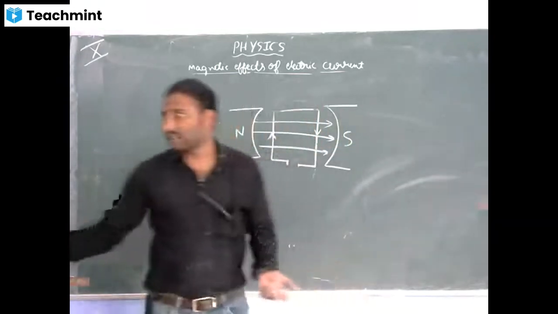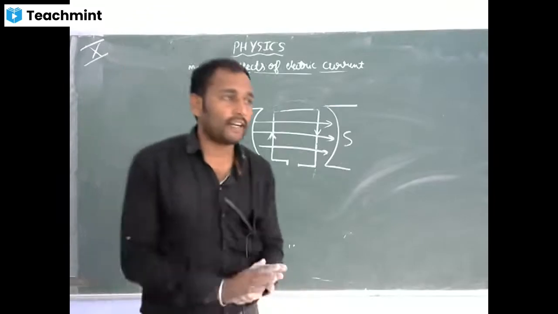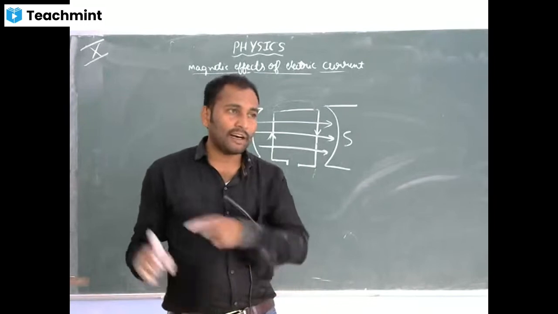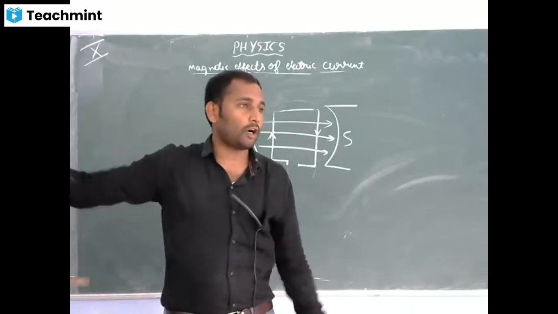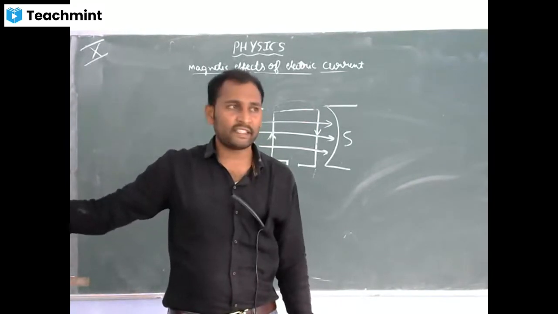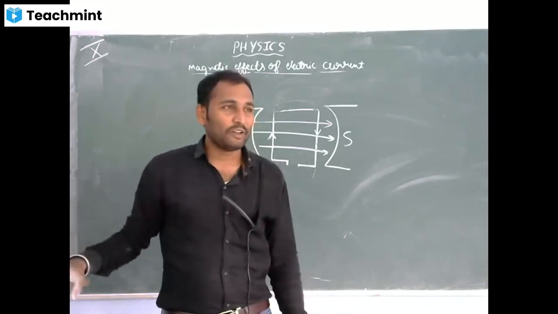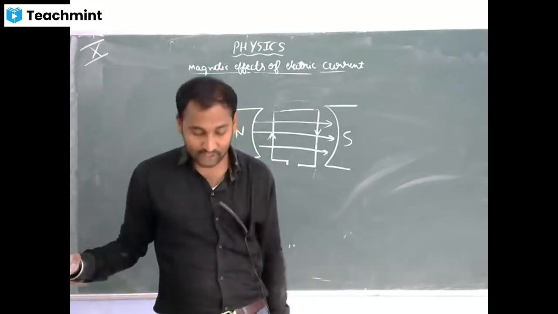So AC motor, in the sense alternate current motor. Alternate current motor means we are not changing the current. Whatever the current we get in our household circuits, is it AC or DC? Which current are you getting in our homes, houses?